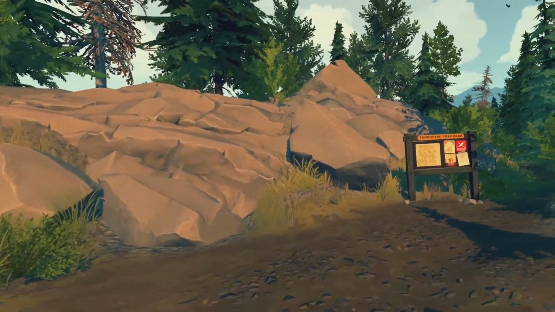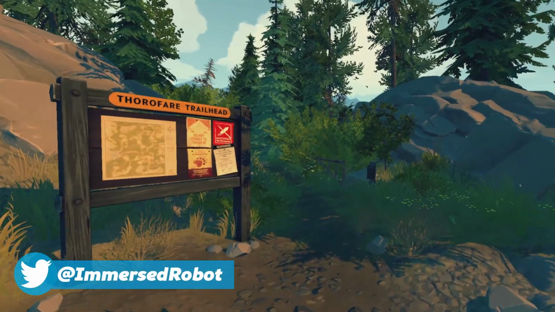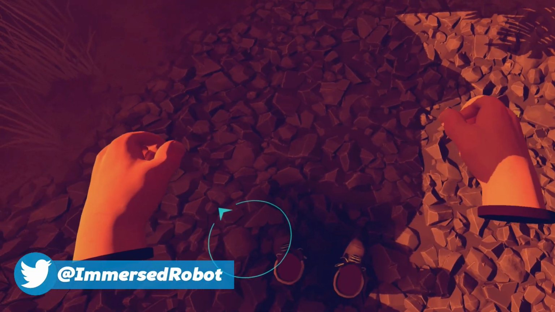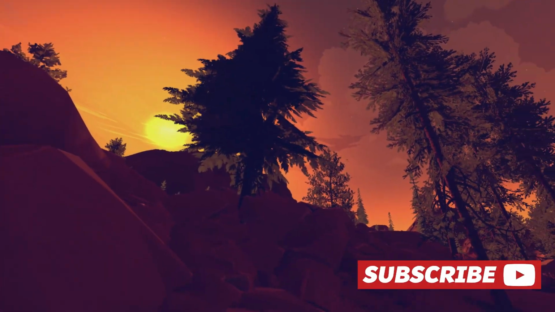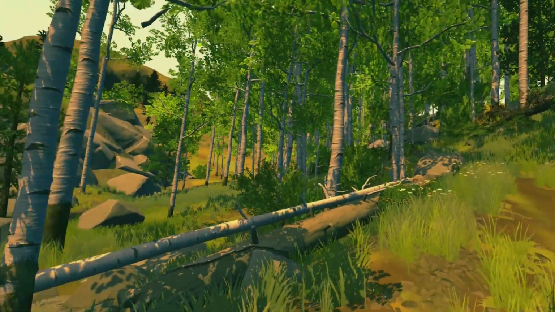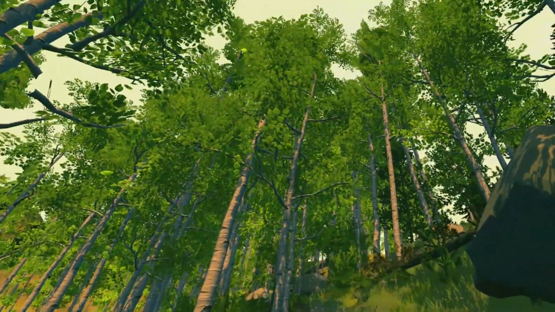Firewatch is a narrative-based adventure game which was originally released in 2016 to generally very positive reviews. Also recognised as something of a walking simulator, Firewatch is set in the year 1989 where you take the role of Henry, starting his new job as a fire lookout in the Wyoming wilderness. I did play through the game at launch and I really enjoyed it,